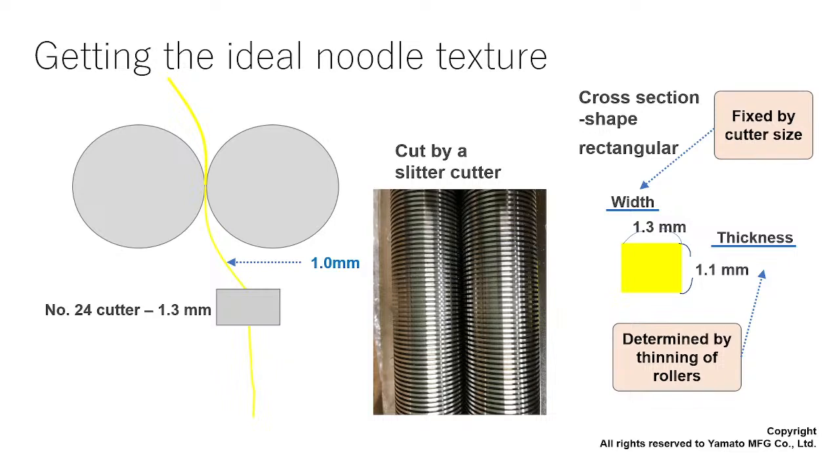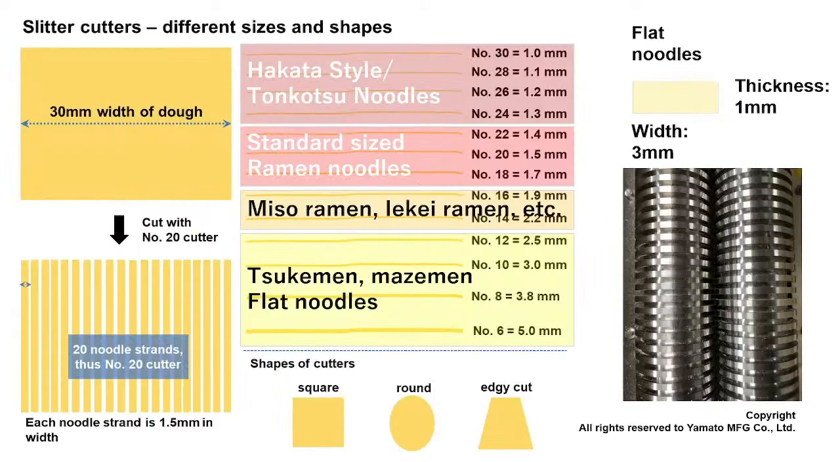And then we use this kind of cutter. Each group is fixed to a certain width, so the width is fixed, but thickness we can control by roller gap. There are many different sizes and colors. For certain types of noodles, like Hakata style tonkotsu noodles, low hydration noodles,